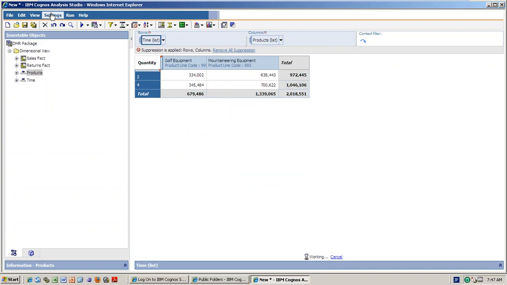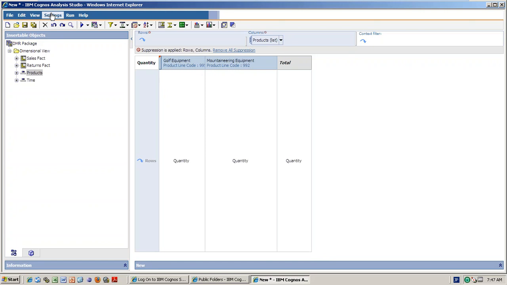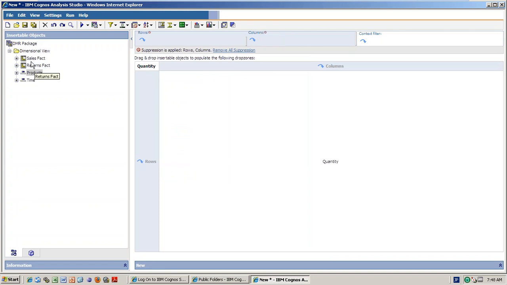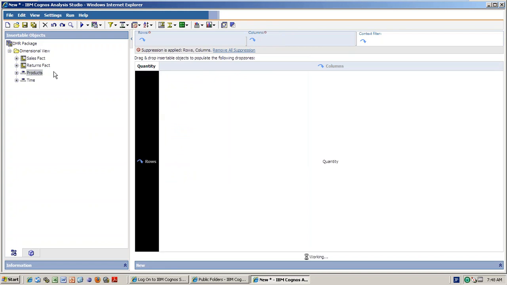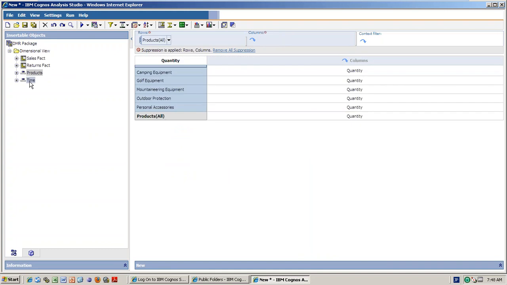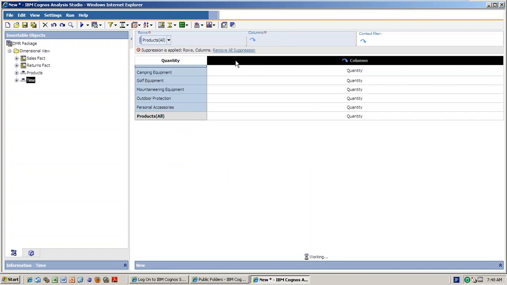The source for this analysis studio is whatever DMR package you are creating. So this is how you can get whatever you want.